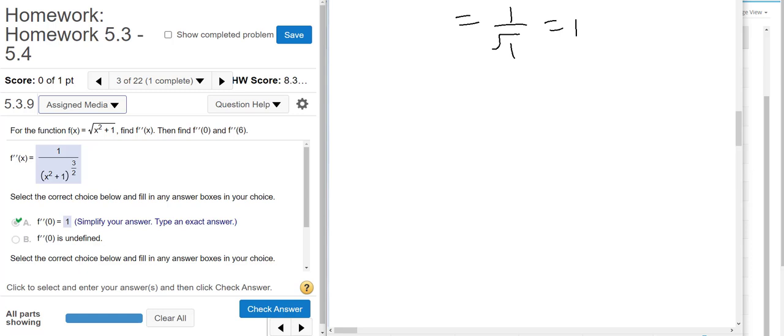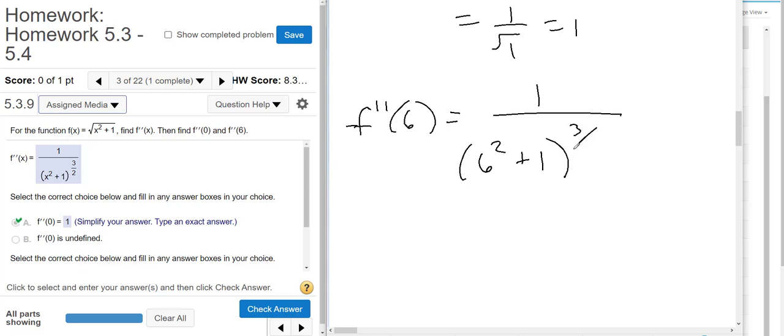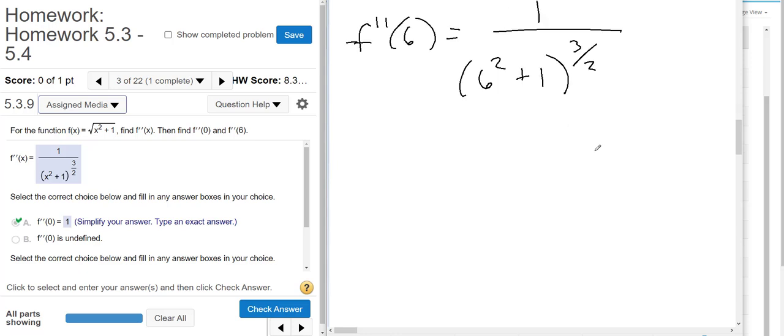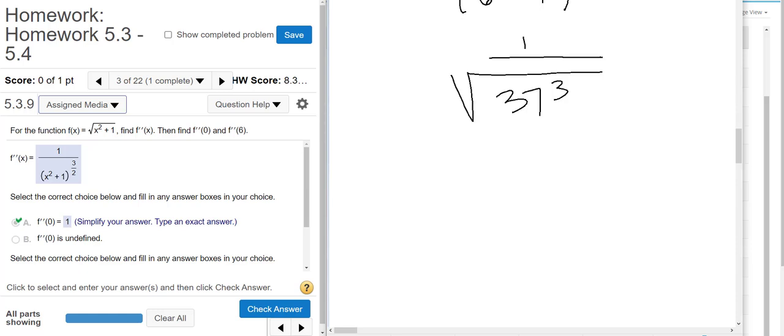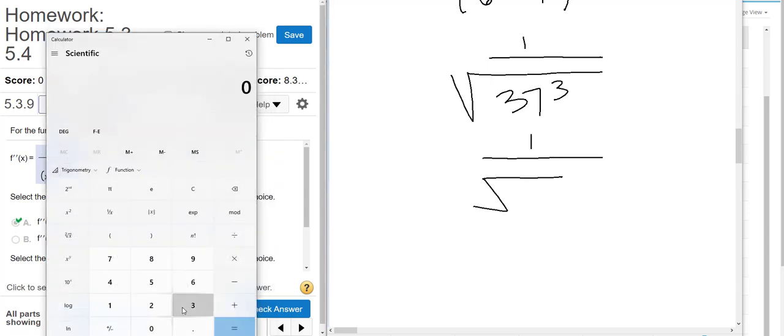Now in the next part, they want me to find f double prime of 6. So that's going to be 1 over 6 squared plus 1 to the 3/2. So that's 1 over the square root of 37 cubed. It's going to be a tiny number. 37 to the third is